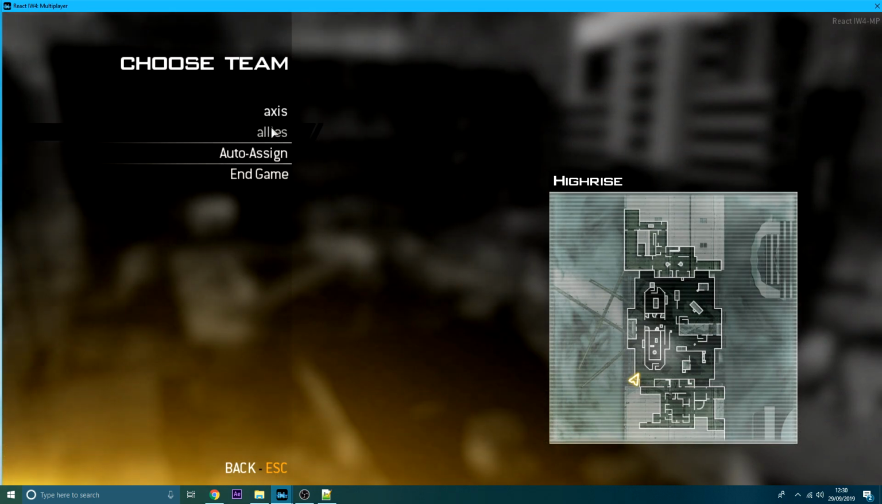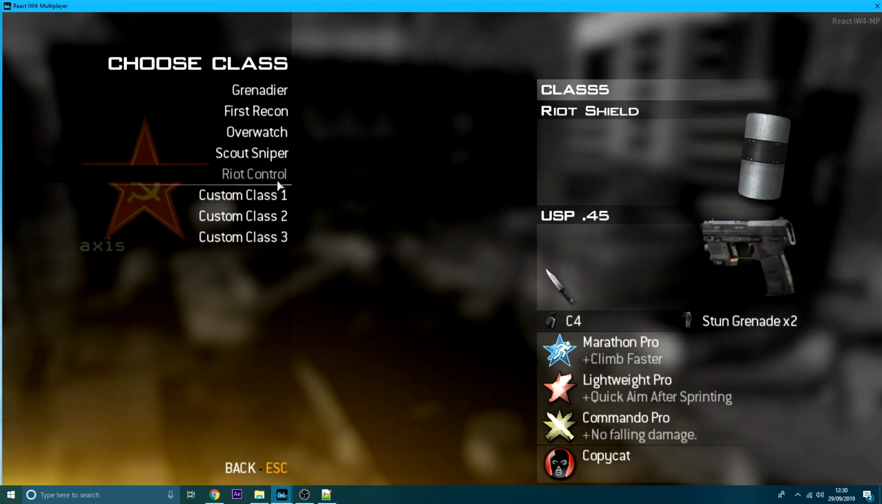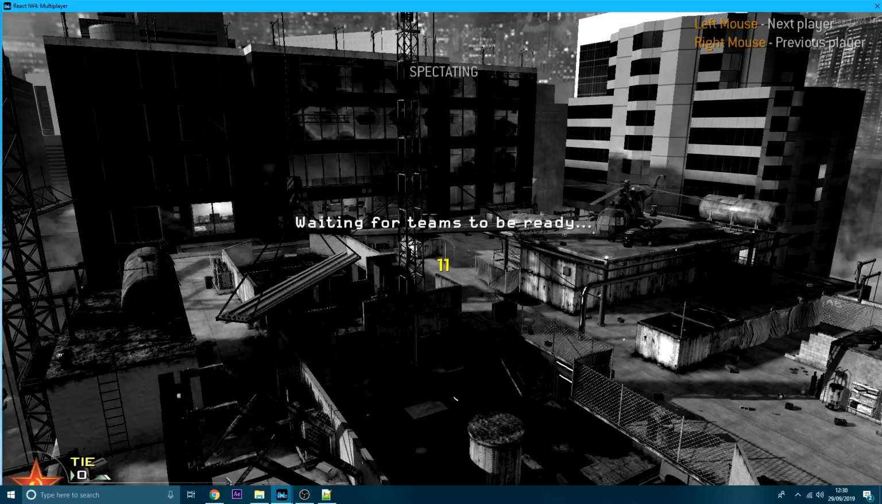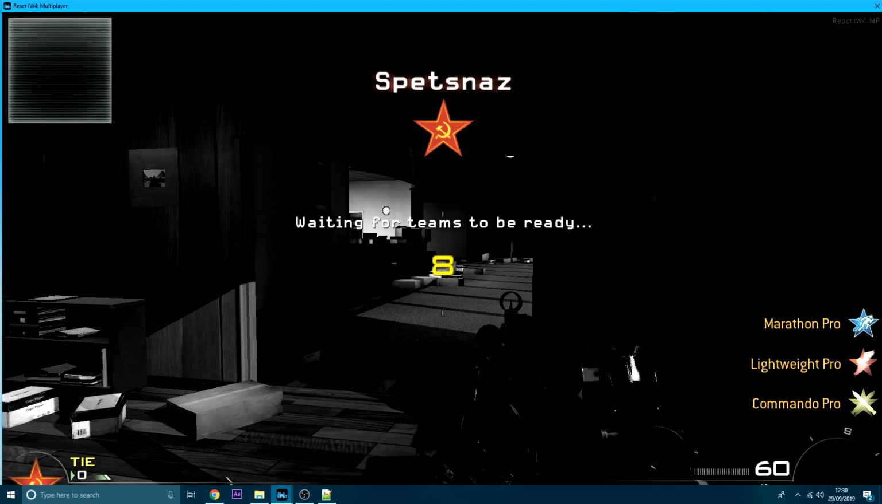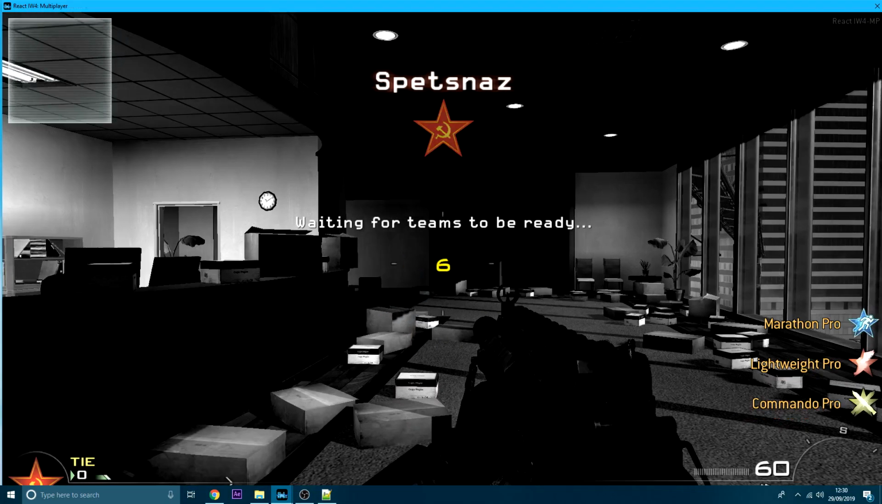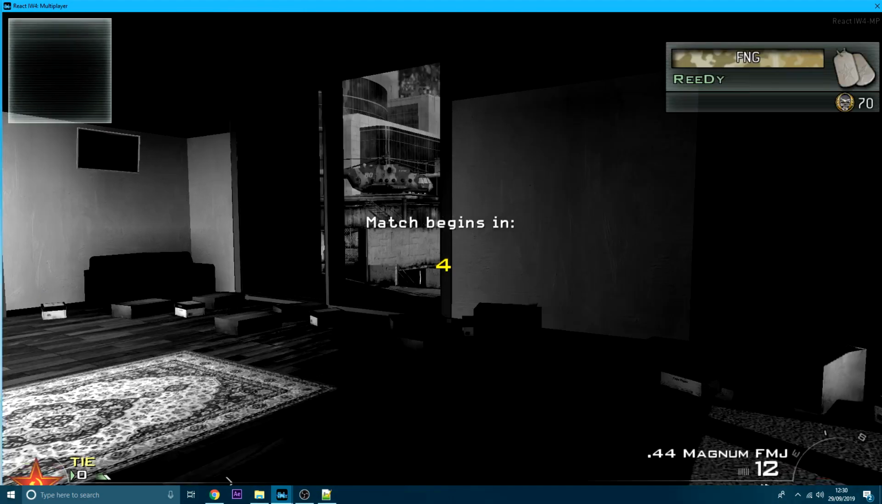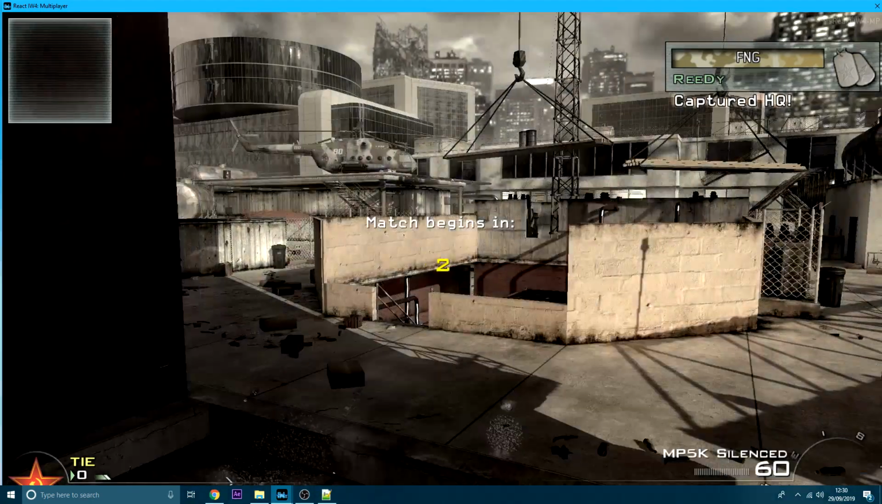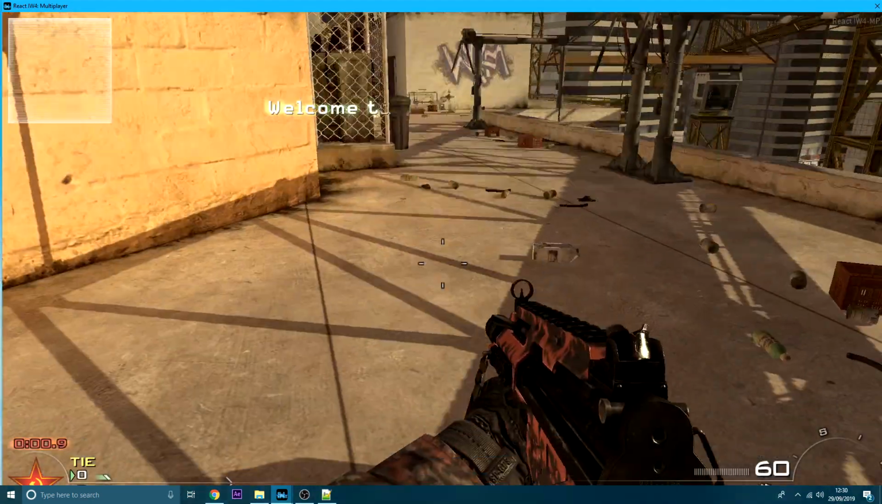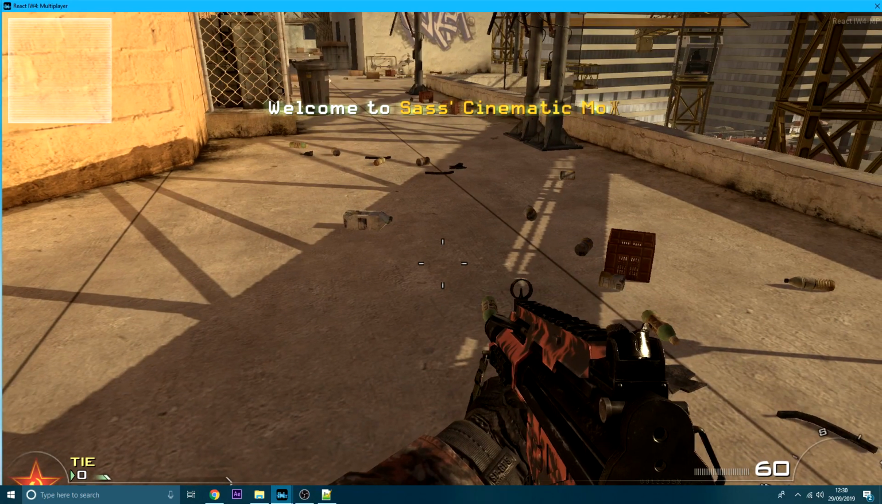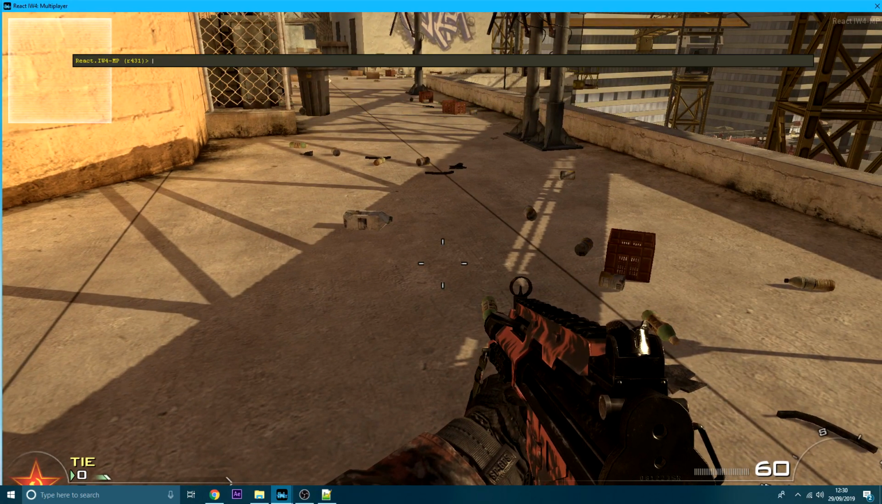Once it's loaded, go to whatever team. I just use Axis because it's the best one. And then you just want to go over this spot, and then again with the commands, we're going to do